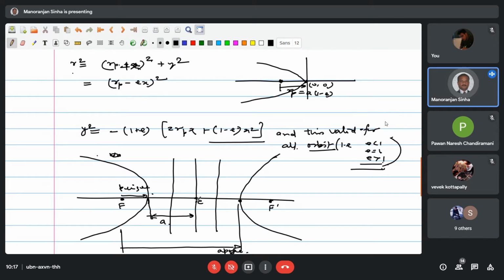While this is the center line here, center to the perigee, this is the semi-major axis a, which comes here with a negative sign. So center to perigee we have written as minus a. And this is the focus to focus distance, as in the case of ellipse we have written as ae, so this quantity becomes minus a, where e is greater than 1. Therefore, this quantity is greater than this one in magnitude.